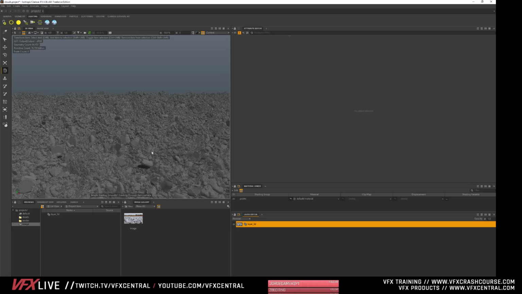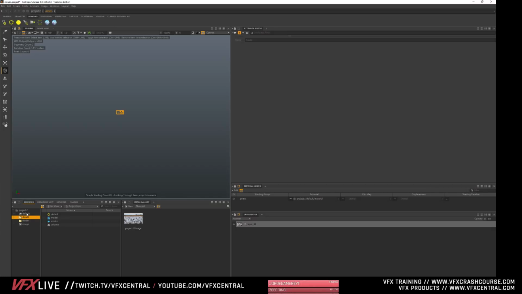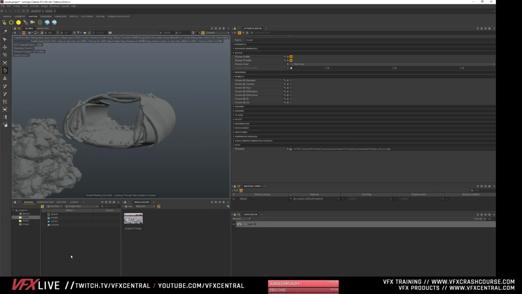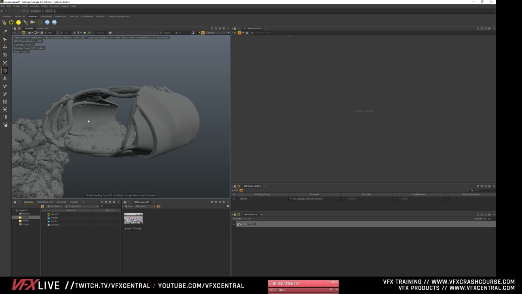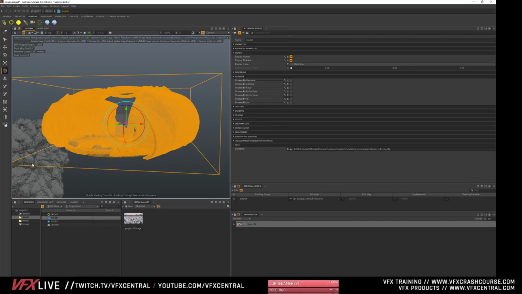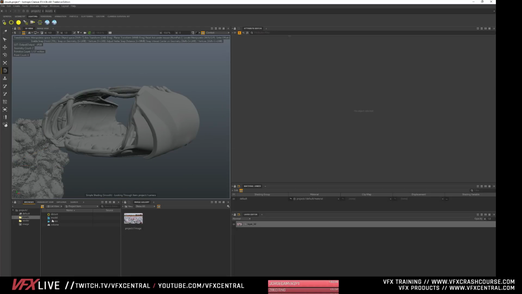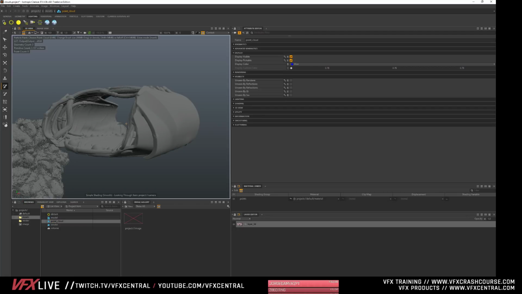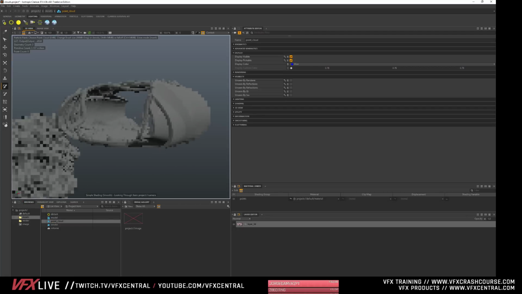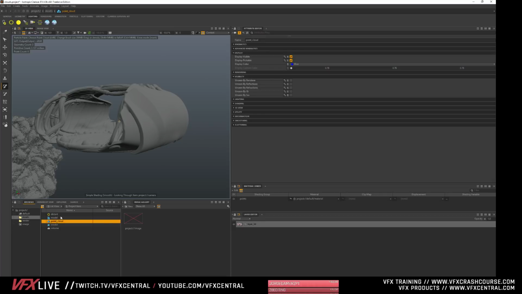So let's go back into 3D land and let's go up into this model right here, and do a little painting on this object. Hopefully I can remember exactly how to do this, but let's give it a shot. What you need to do first, I don't think you can just do it like this. Yes, you need to go New, then Geometry, and I think it is the Point Cloud. There we go. Let's click on this point cloud.